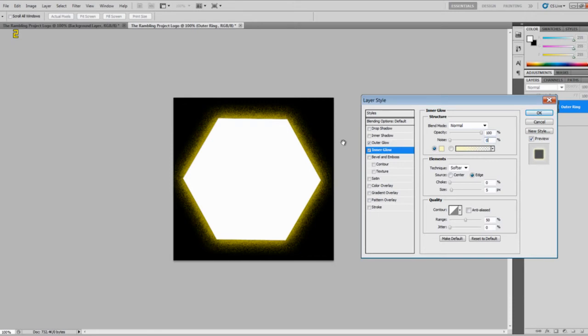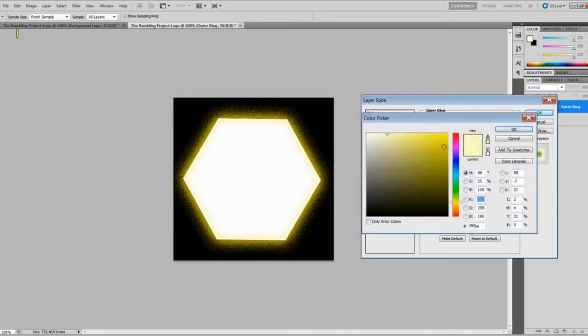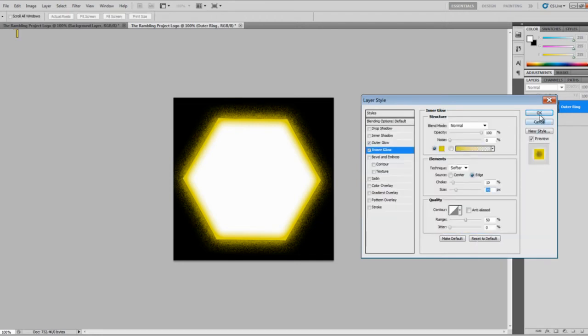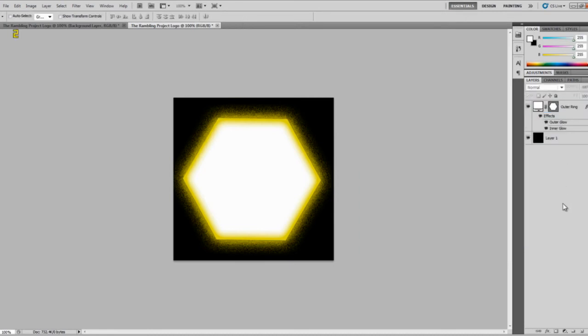Noise none. Technique softer again. Choke is 10, and the size is 35. I can see that. I forgot to choose our color again. Now this is the colour we're going to have, so I'm going to make sure to copy that. Now I think that's pretty much it, so we're going to press OK, and now this time we're going to